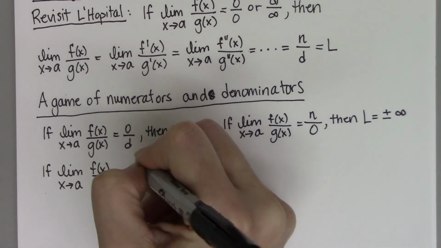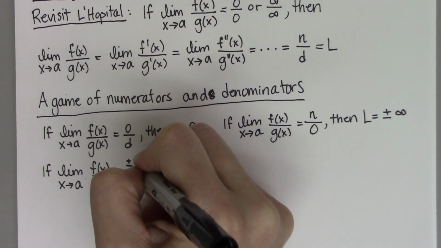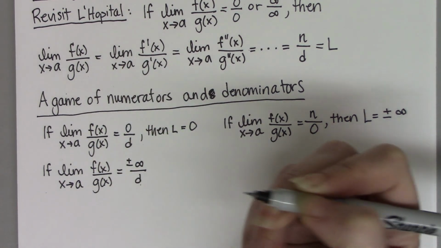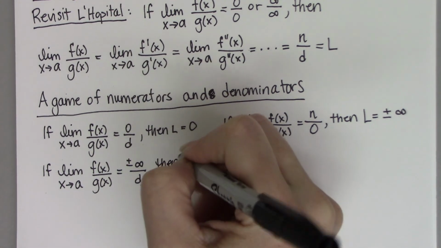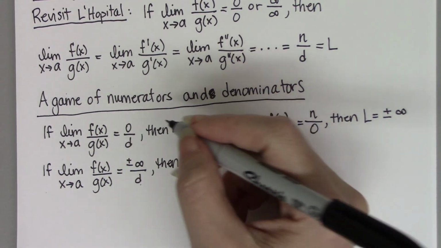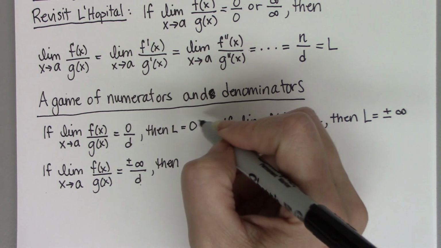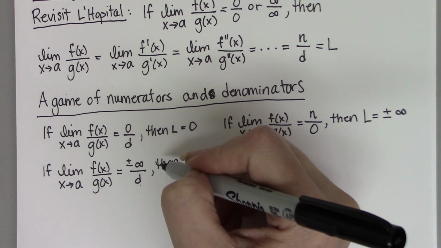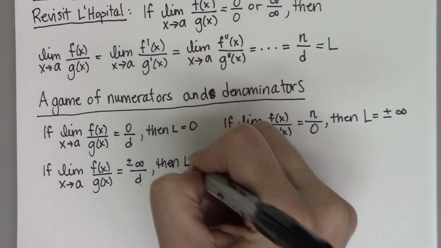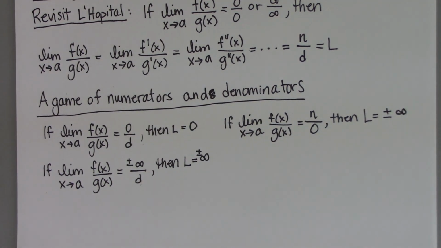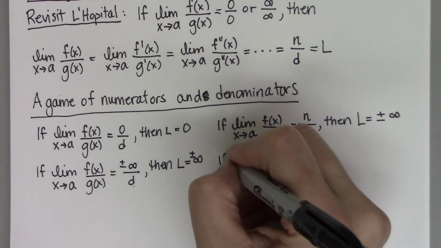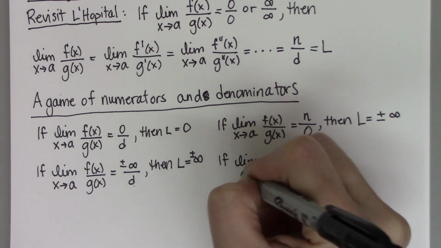the original expression returns infinity on top and a constant in the denominator? Well, just like in the case above, if the numerator's getting to 0 quicker, the whole thing was 0. Well, if the numerator is still blowing up to infinity, then we say the limit is positive or negative infinity. So the numerator kind of dictates the answer in this case. If we end up with infinity on the bottom,